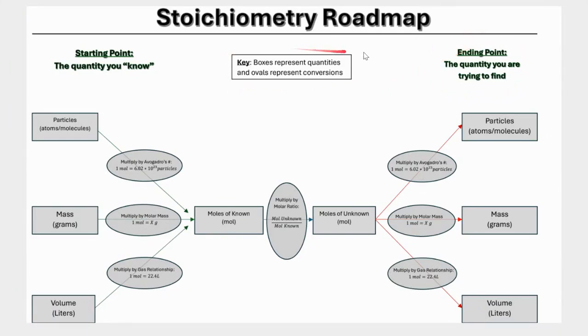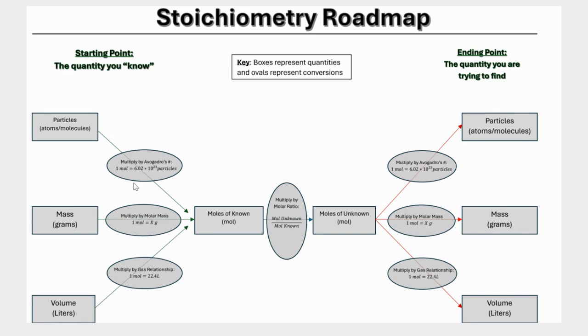Quick note on the key here: the boxes in this roadmap represent quantities, moles of a chemical, molecules of a chemical, liters of a chemical, grams of a chemical. These ovals, though, represent our conversion factors. Now, they're given here as equivalences, like 1 mole equals 6.02 times 10 to the 23 particles. But as we'll see, those equivalences are going to be set up as fractions in our final problem. Without diving too much more into this roadmap right here, let's look at an actual problem